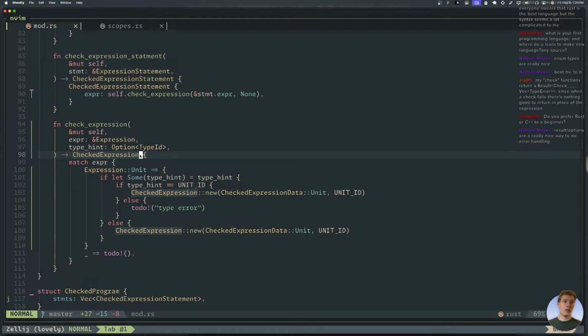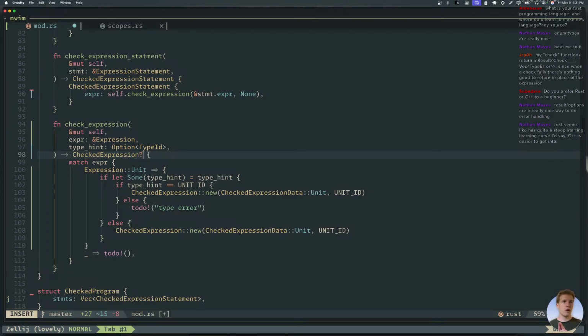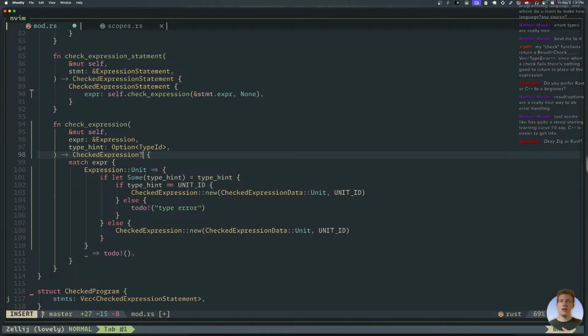That's another huge one. Results and options are super good, and the whole question mark thing for propagating them up like that, I find so much better than throwing, in my opinion. In languages where you just throw something, especially when you don't know if things can throw, Swift is pretty good because if something throws, it's actually part of the type system. It says this function throws, and then you're forced to try it or try await, you know, that kind of thing.